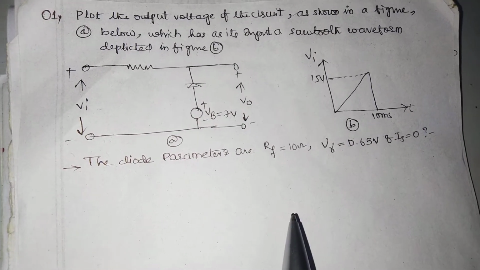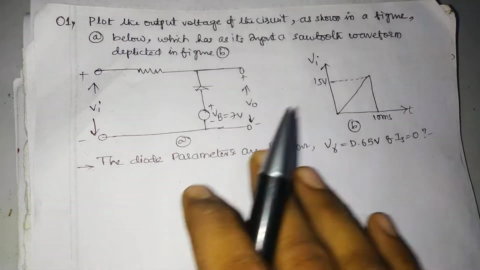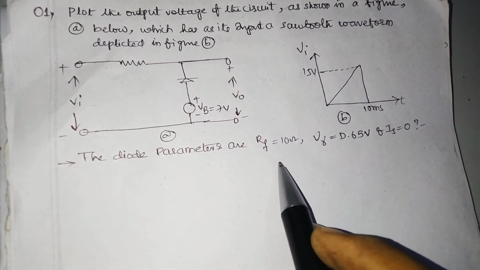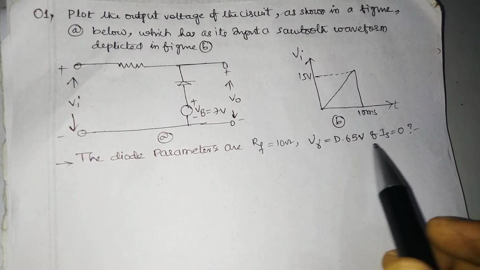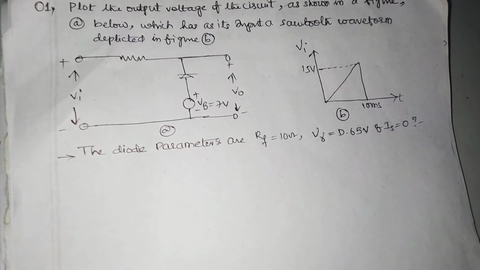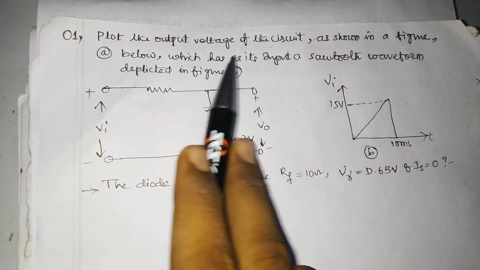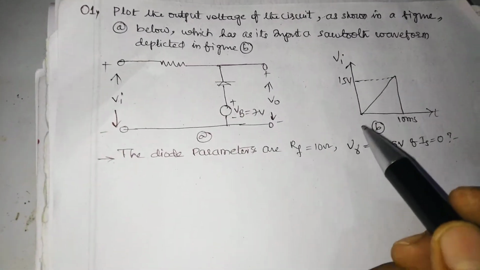The circuit has an input that is a sawtooth waveform, depicted in figure 2. The diode parameters given are resistance 10 ohms, cutoff voltage 0.65 volts, and I_s equals 0. For that, we have to plot the output voltage for the input. Okay, simply we know